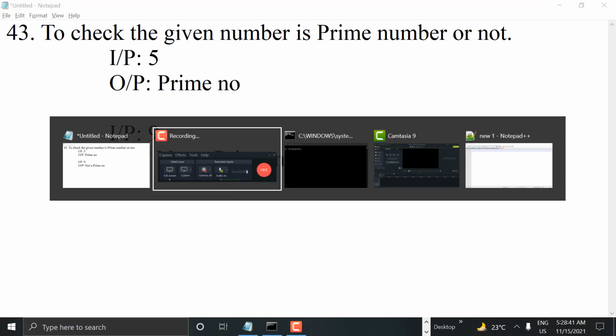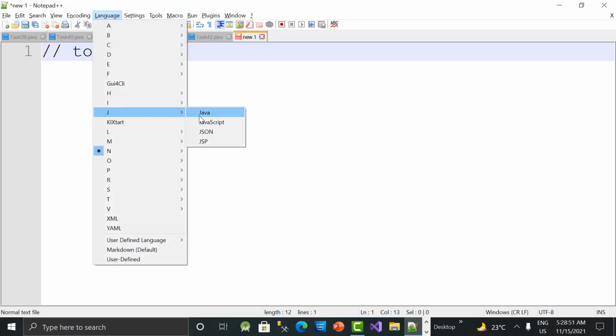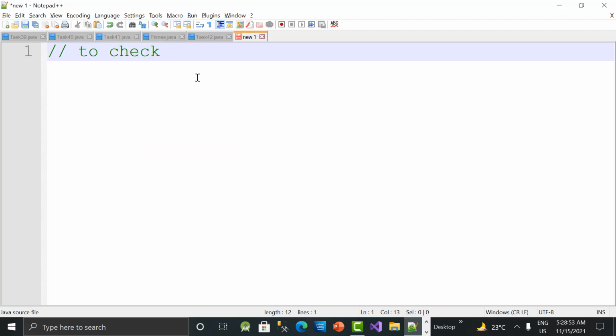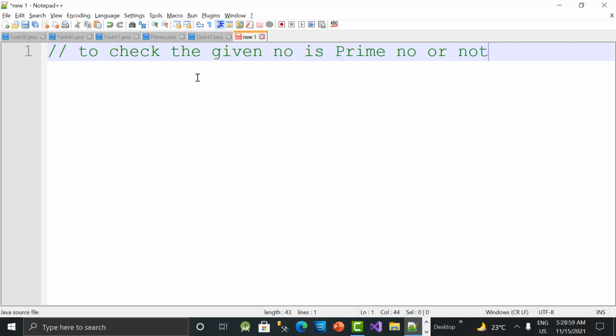We are switching to Notepad++. To check the given number, let's change the language to Java. To check whether the given number is a prime number or not, this is task number 43.